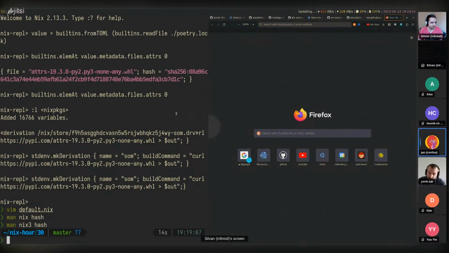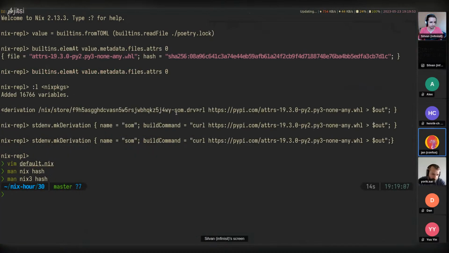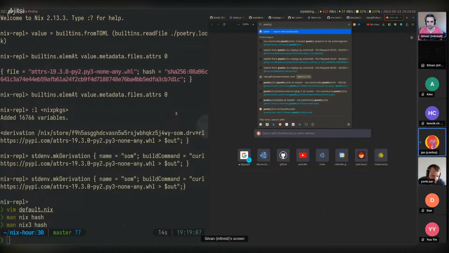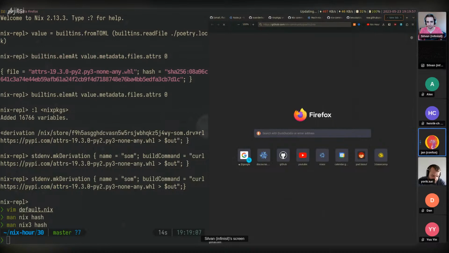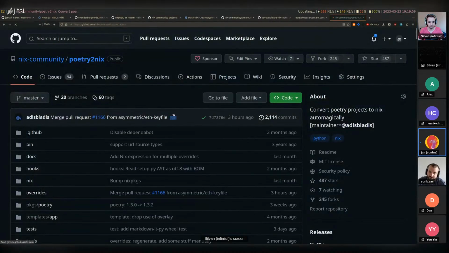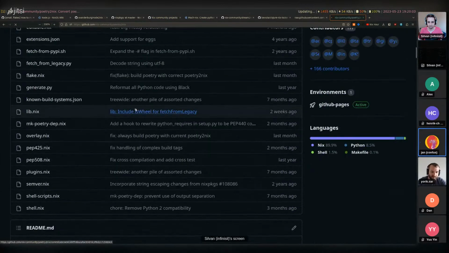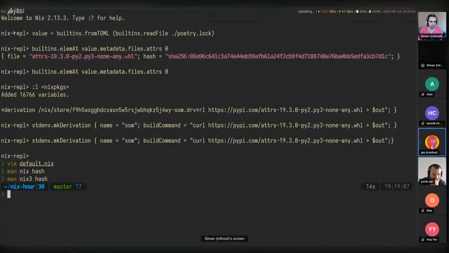Yeah, it's even better because Python has a standard format for the file name that's also in the lock file, and that includes the target system and the interpreter as well. So that's encoded in there too.